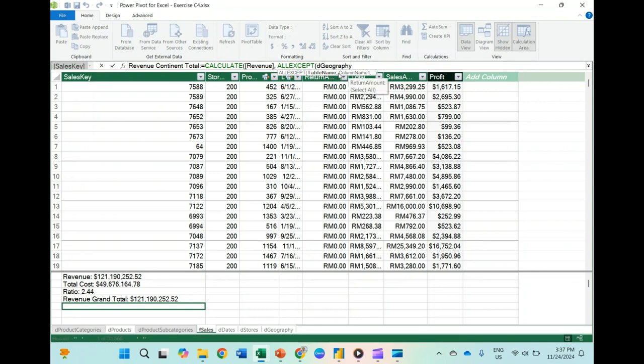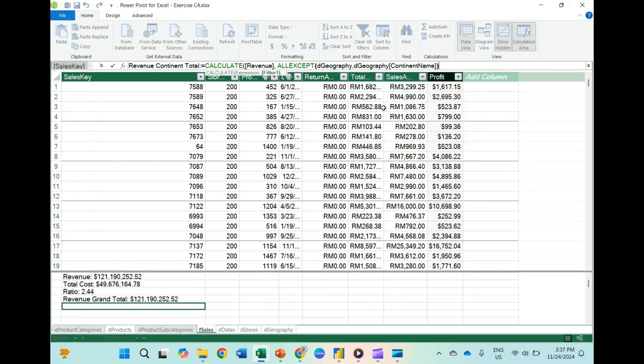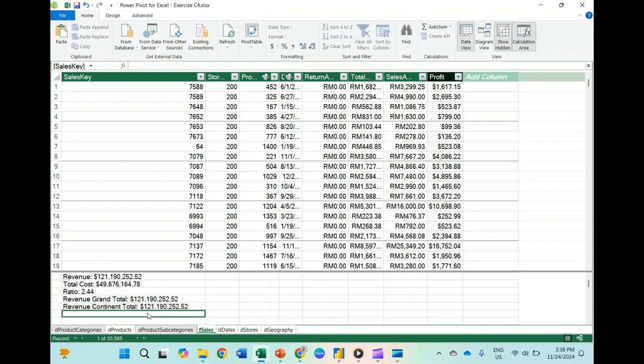From the table name, the column name is continent, the geography continent. Close the bracket and enter. Because you do not group by this, it will show you the total as well. Change it to currency. Now you get a revenue for total and for continent.